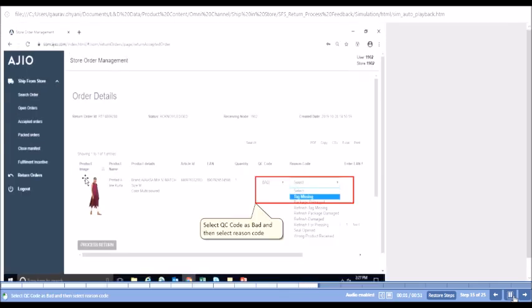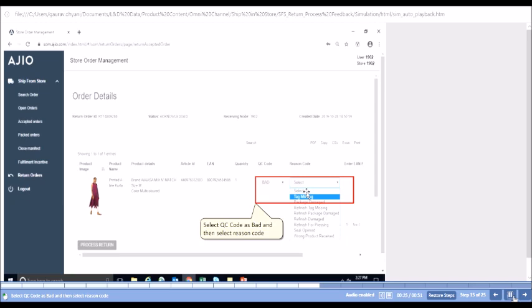Team, in case if the return is not matching with the image on screen or EAN number is different, quantity received is short or the product is defective and not in sellable condition, the returns are to be processed under the other three heads depending on observations done during the physical check on the above parameters.